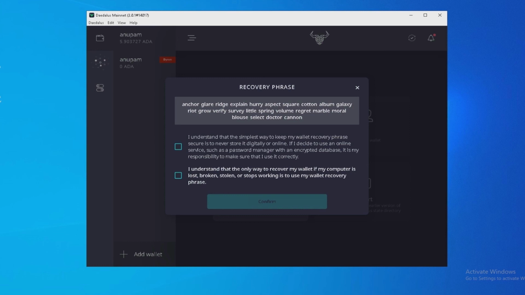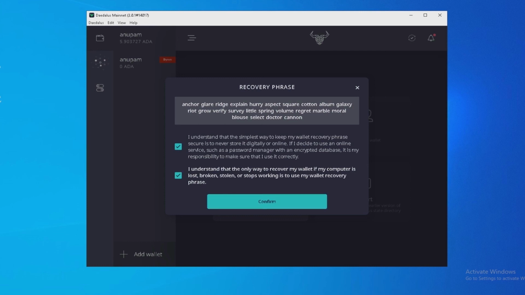So we have entered the 24 words seed phrase, and it matches with what I have put, it matches with the 24 words phrase. That's why no error has come up.